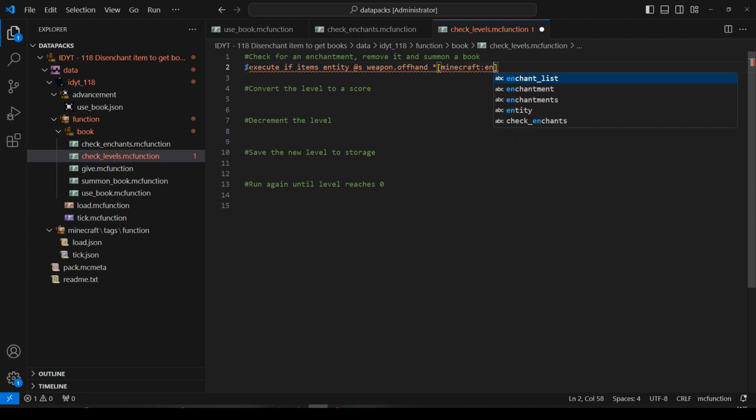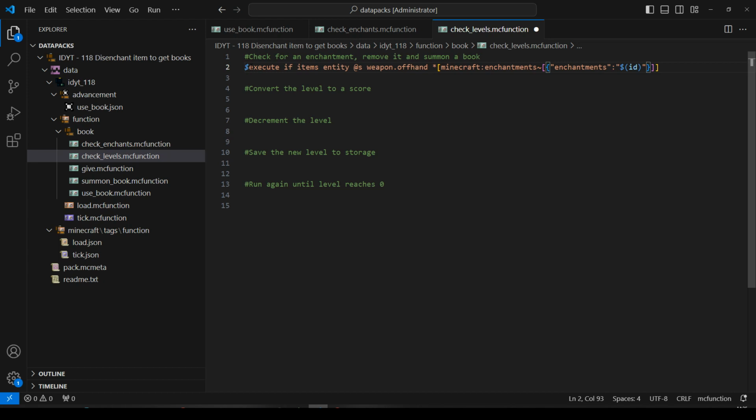Minecraft enchantments contains, so tilde, open and close square brackets, open and close curly brackets, enchantments, close that, more speech marks, in there, that's where we'll put our ID,